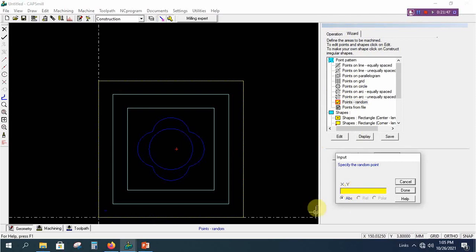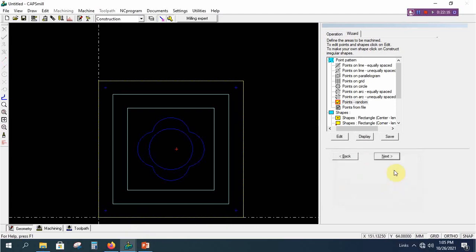Enter. Now we are getting a blue dot here and 3 more points to be entered. 90, 5. Sorry, 95, 5. Control Z. Enter the value as 95, 5 and 95, 95, 5, 95. We are getting 4 points at 4 corners. Give done and go to next.